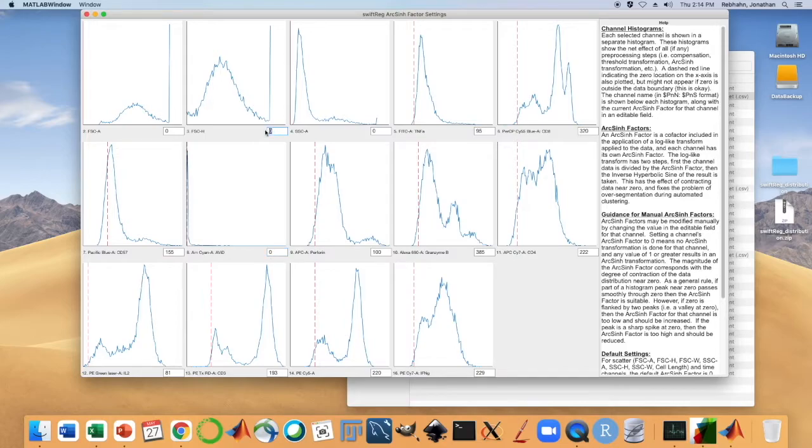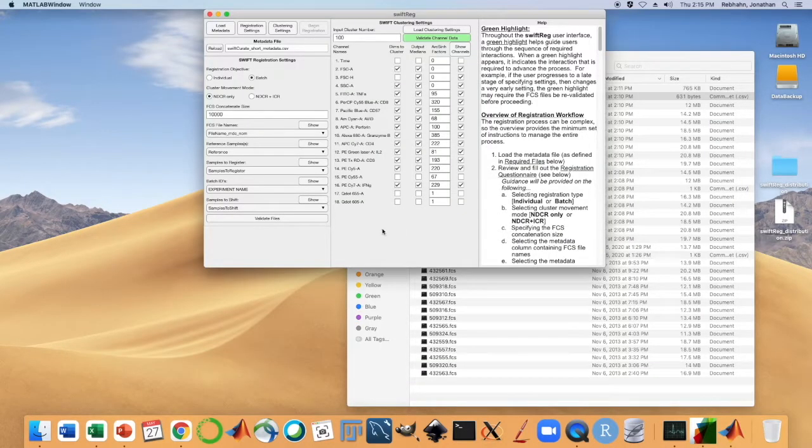You can change these to ArcSinh if you like. It doesn't have too much of an effect for the scatter channels, but for the fluorescence channels, it is much preferred to allow the program to select the optimum ArcSinh scaling factor and just go with it. And this is just here so you can inspect the results just to make sure that everything is working as intended. So I'm going to close that and move on with the next step, which is to validate the channel